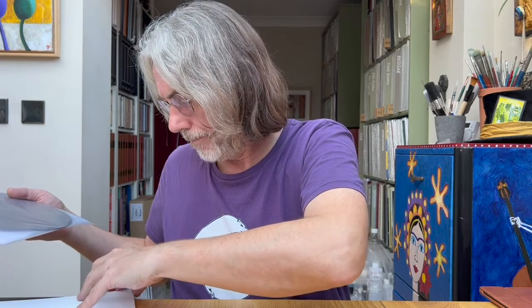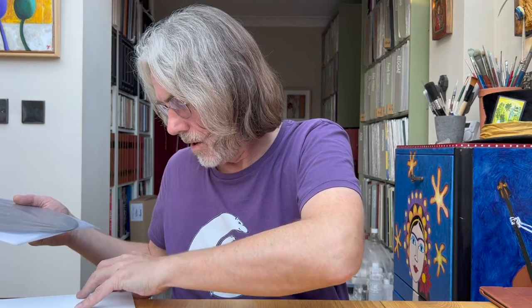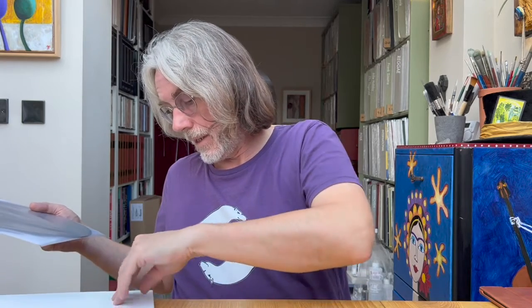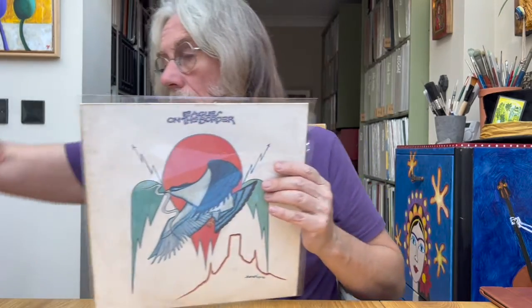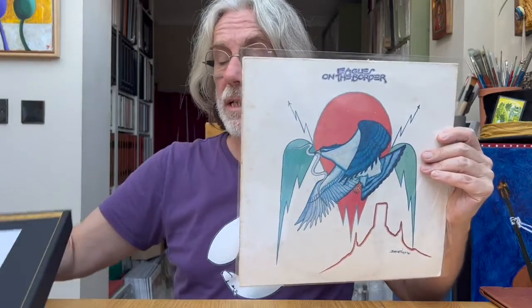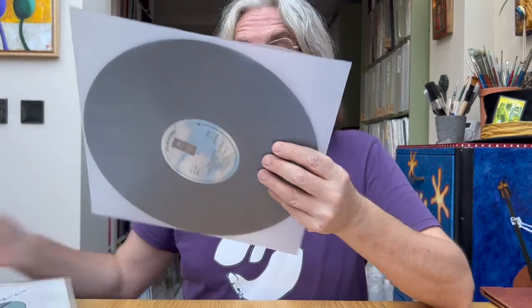And what I'd like to do now is talk about the sound quality. If I can get this back in its case. So let's talk about the sound quality, and I'm going to compare this to two things. I'm going to compare it to this, which is an original UK pressing. I don't have an original US, but this is my original UK pressing,